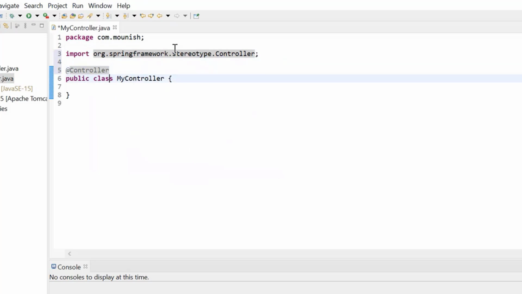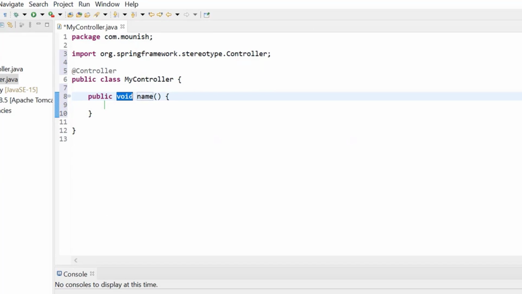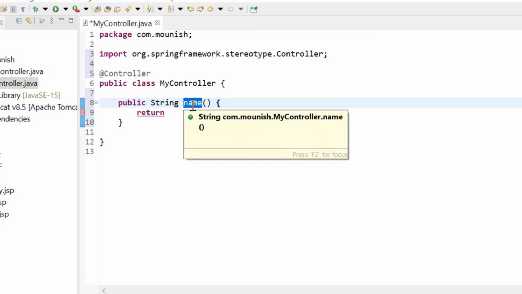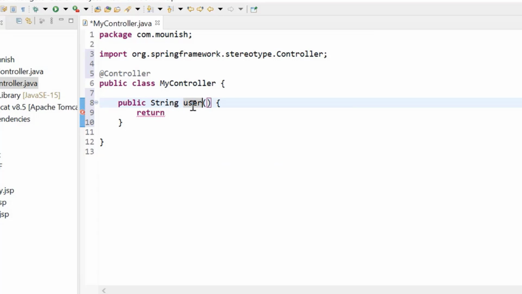Inside this controller, I am having a public method. This method is taking a string and then it is returning something. Before that, let me change the method name to userInfo, and it is returning the file. Let the file name also be user info.